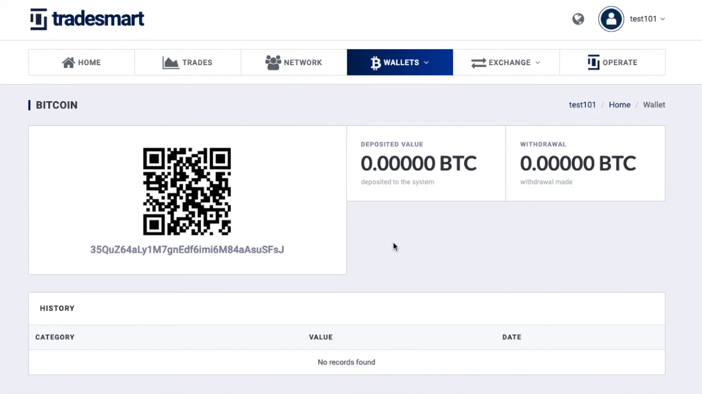When you want to upgrade, you don't upgrade, you just send more Bitcoins to the company and you start trading with those Bitcoins that you sent. Very easy, very